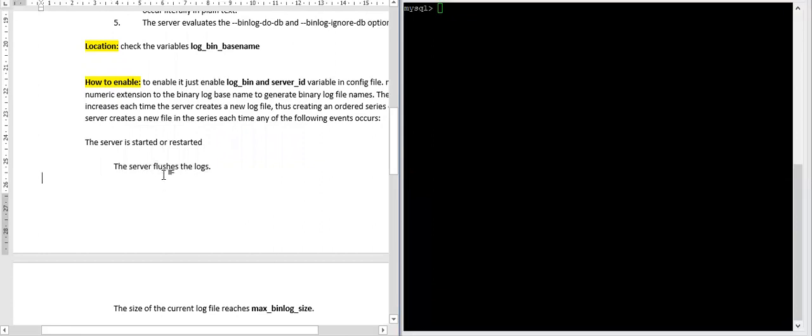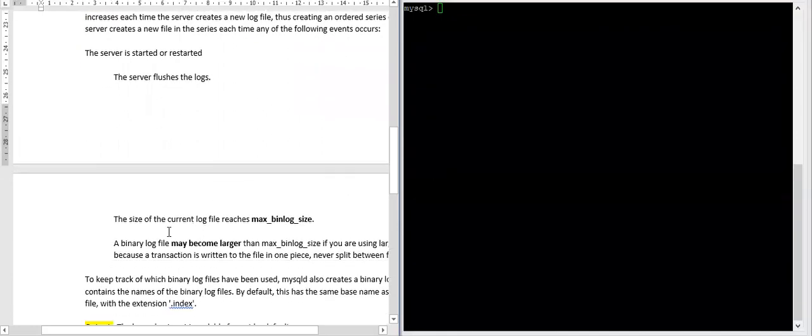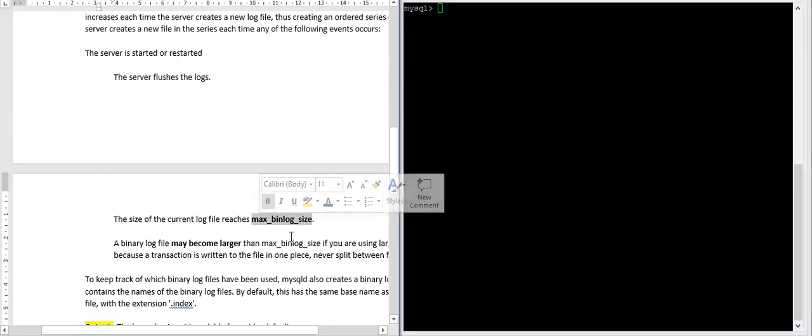When you flush your logs, it will create a new binary log. When your size is full, I mean the max_binlog_size for that binary log, which is 1 GB, then also it will create a new file.